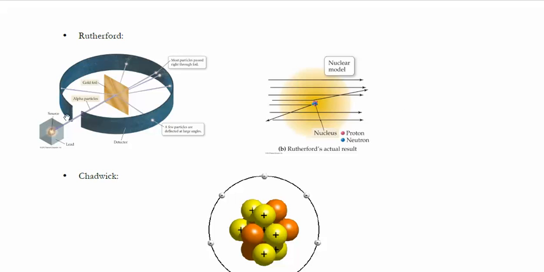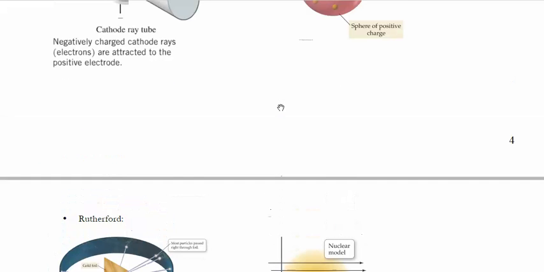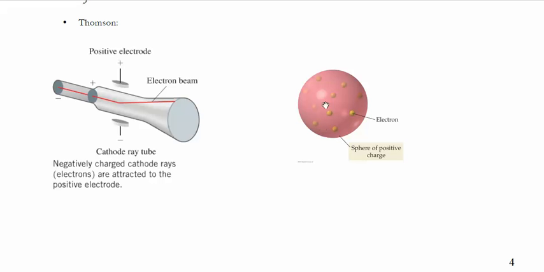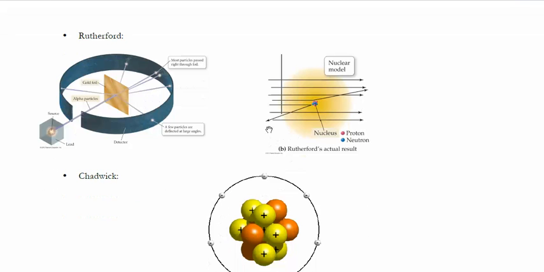So what he did was he took a source that provided alpha particles, and he shot those alpha particles, which are positively charged, through gold foil. Now, if Thomson's model of the atom was correct, all of those positively charged alpha particles should have shot straight through the atom, because the positive charge of this entire atom is not very concentrated. But instead what he found was a number of them actually did pass through, but some of them were deflected, and there was no explanation for why they were deflected until Rutherford came up with this idea of the nucleus, in which you have a concentration of positive charges.